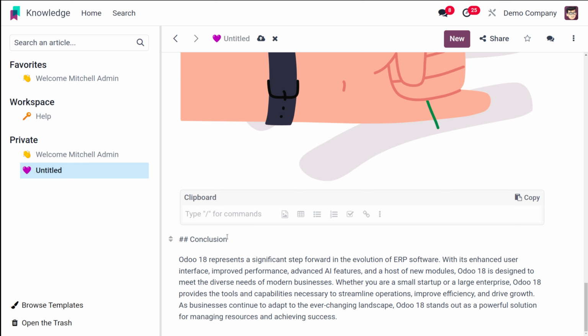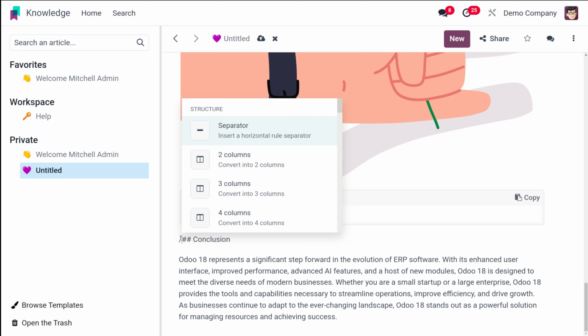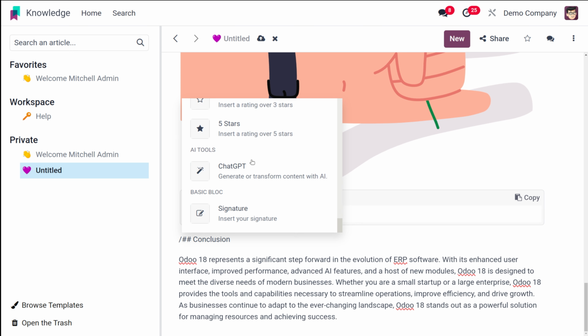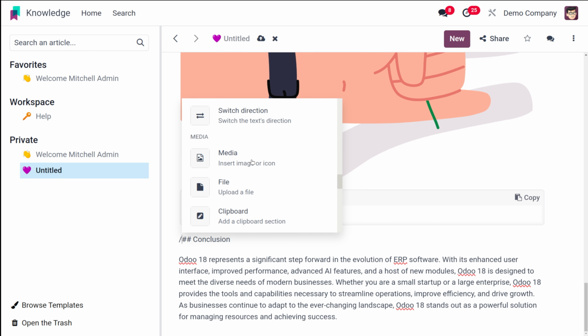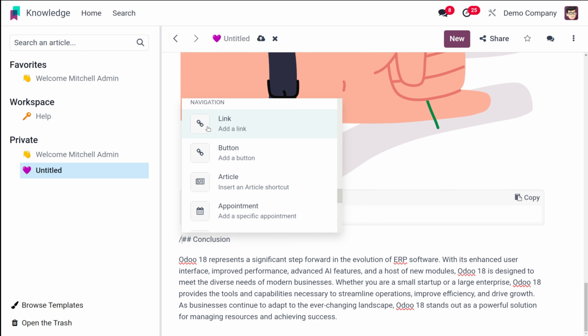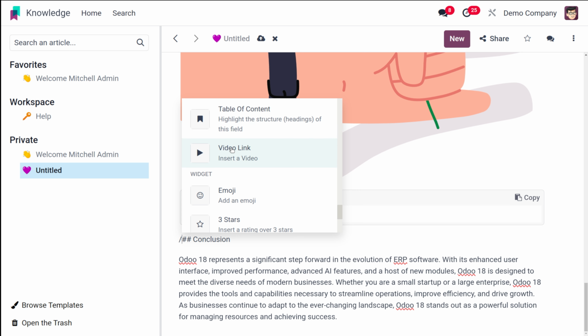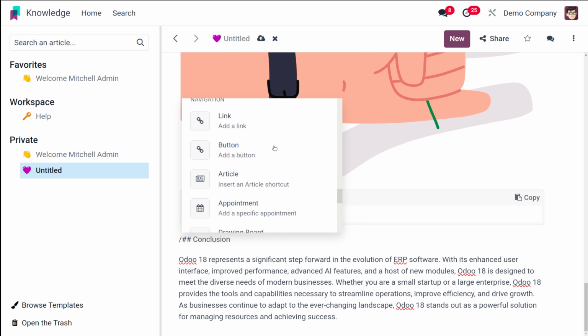So that's the clipboard. And next, just scroll down, and we have the navigation section. So under navigation, you have the option to add a link, button, article, appointment, drawing board, table of content, and video link. Okay.